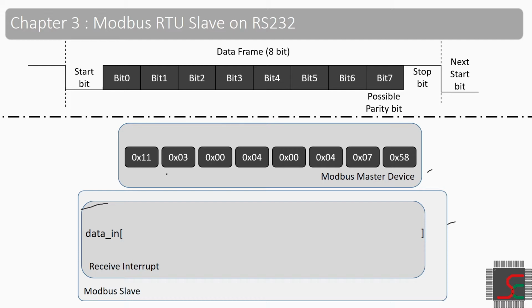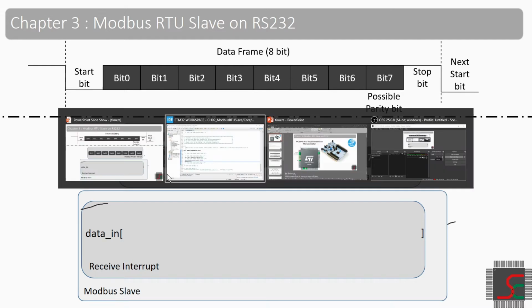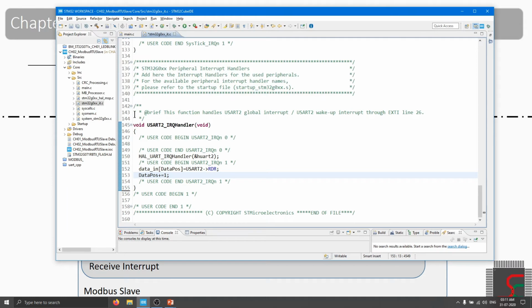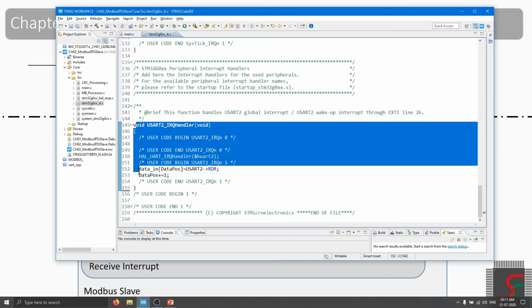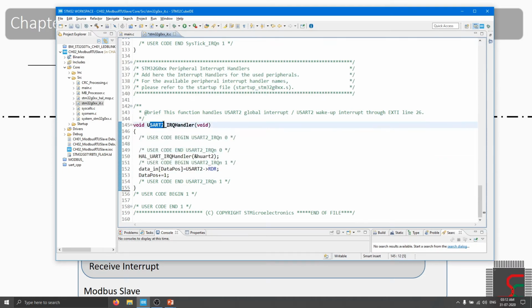For our development board we are using USART2, that is UART2, out of the remaining available peripherals. That's why this interrupt C function is named after USART2. Once an interrupt occurs on this peripheral, the microcontroller will jump the execution to this